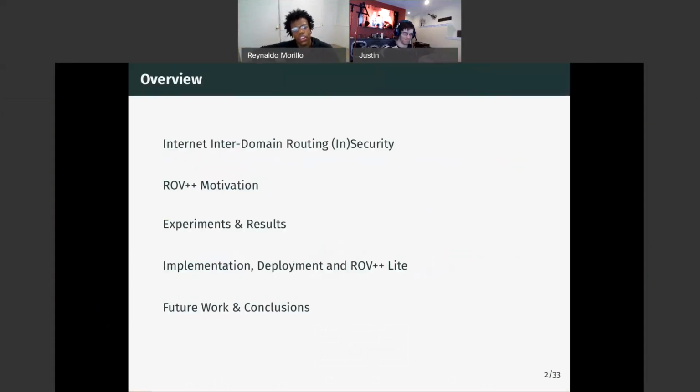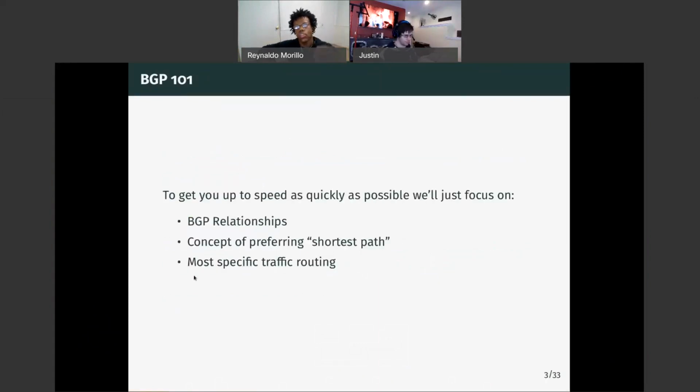We're going to kick it off by giving you an intro to BGP and interdomain routing security, our motivation for ROV++, and we're going to go into our experiments and results. We're going to cover our implementation and deployment in ROV++ Lite, what we'll work on in the future, and our final conclusions. So let's give you a quick rundown on BGP to get you up to speed as quickly as